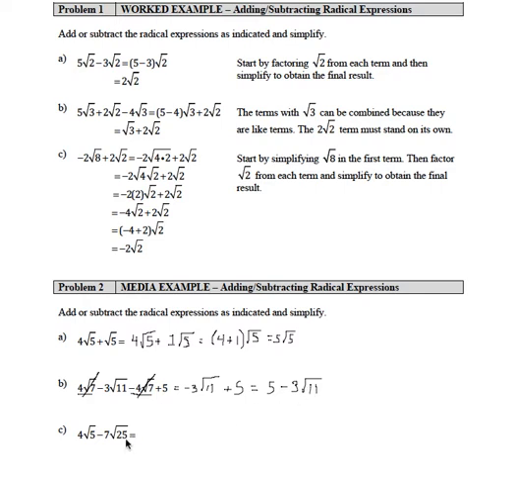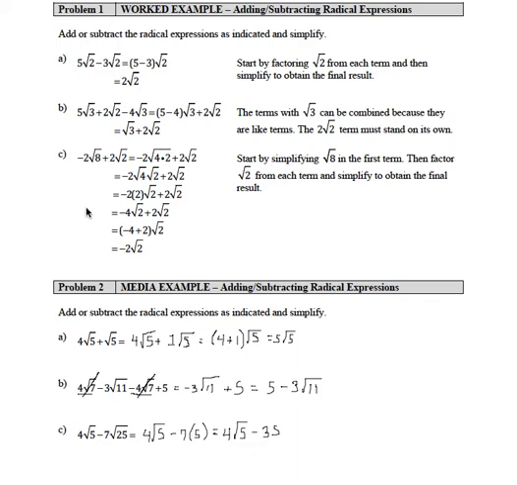This last one, I'm going to need to work with these terms here, these radicals, and see if I can do any combining. I have 4 times the square root of 5 minus, now square root of 25 is just 5. So that gives me 4 times the square root of 5 minus 35. And that is really all I can do with that problem.